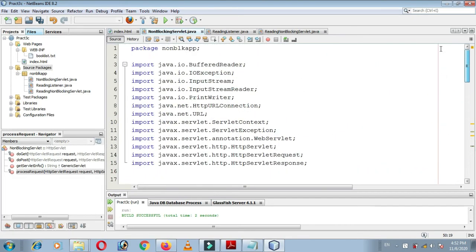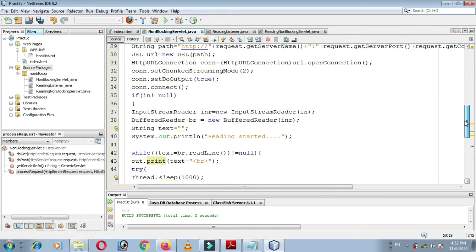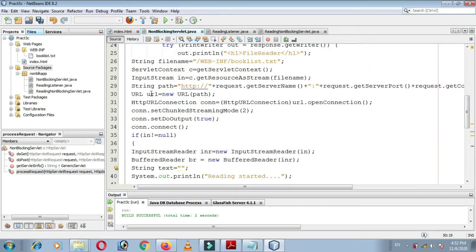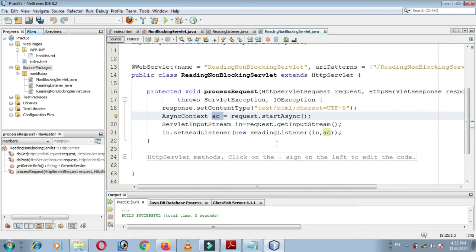So from the statement of the path, new URL, whenever the connection is established for that URL, the control automatically goes to the reading non-blocking servlet.